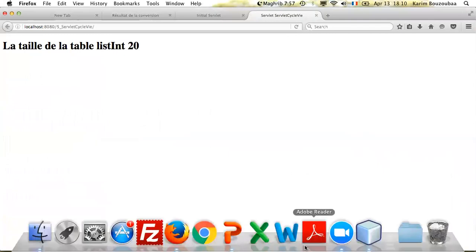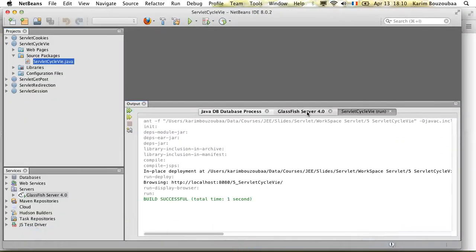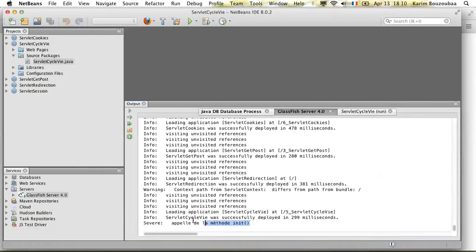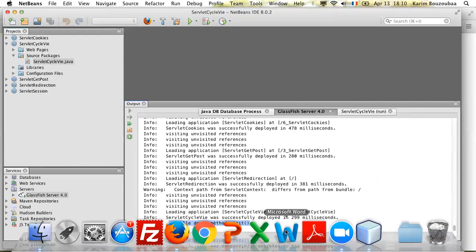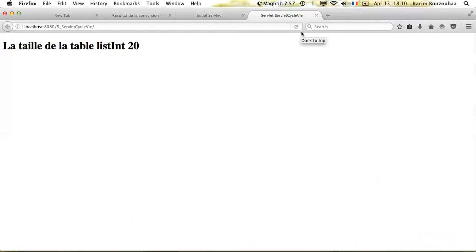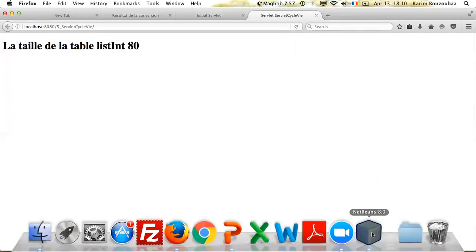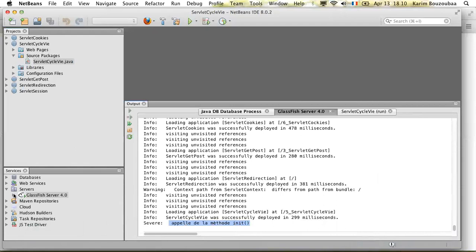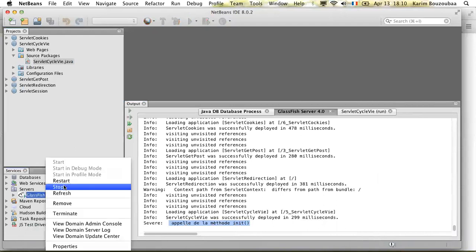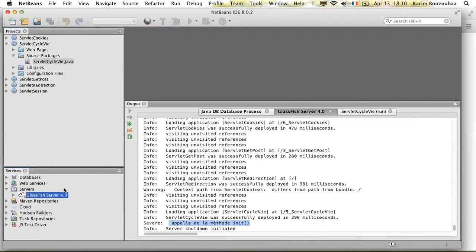Okay, so now, to be sure that I was inside the init, let's go back to Glassfish, and as you can see, I have the printing of calling the init method. Now, if I go back to my web browser and simply refresh my page, you can see that I have 20 new elements and the size is updated. Now, if I decide to destroy, by, for example, stopping my server, you will see